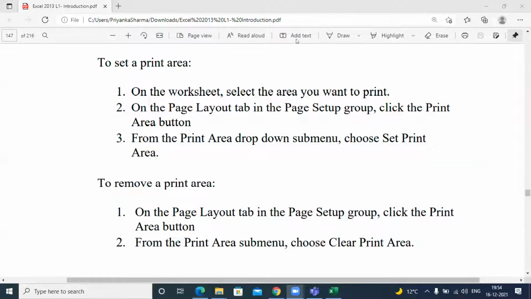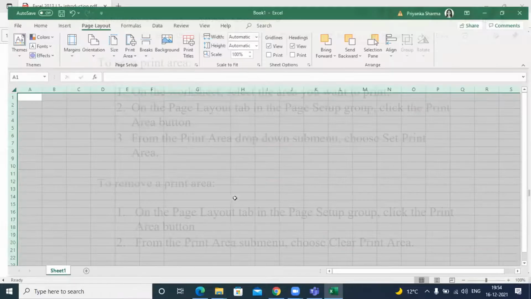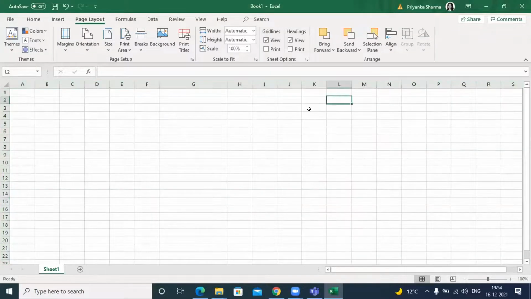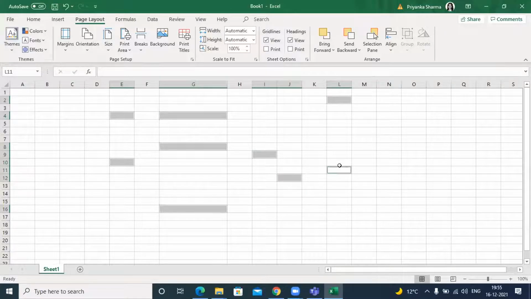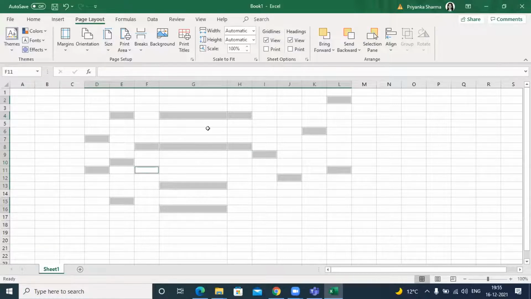All right, coming back to this sheet, this particular PDF. Let's all try this. Khushbu, one more question, how you can select different cells. So let's say I wanted to select L2 and D9. Khushbu, what you can do is just click on this cell, press the control key and select the other cell. See, these are the different cells. Oh my God, it looks like that game we used to play. What was the name of that game? Minesweeper? I forgot. It used to fill in the bricks and boxes, right? So control is the answer, Khushbu.